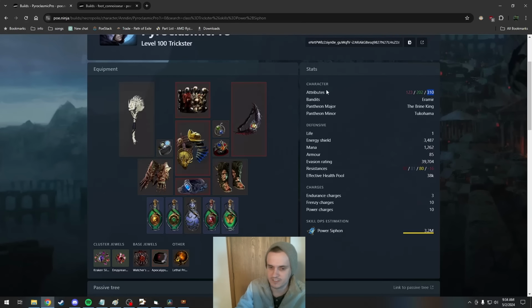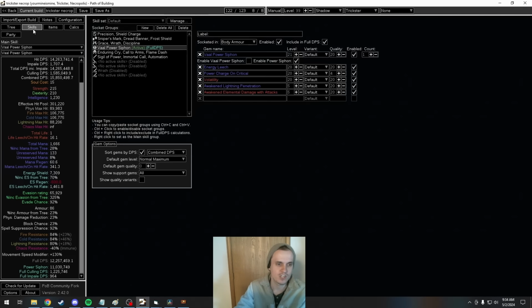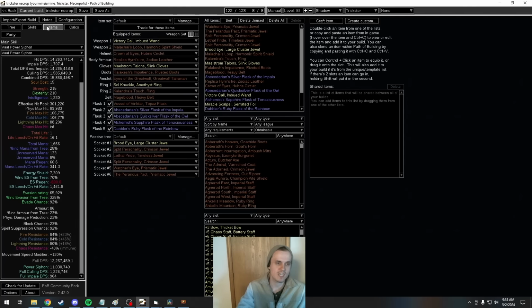You're going to assemble something like this. It's not going to be nearly as tanky as a character like mine, but it's still going to have a fair effective health pool, and you're going to be clearing tier 16s relatively efficiently. And then you'll have the ability to upgrade up to a character that does at least 8 million DPS. Again, if you can't get a